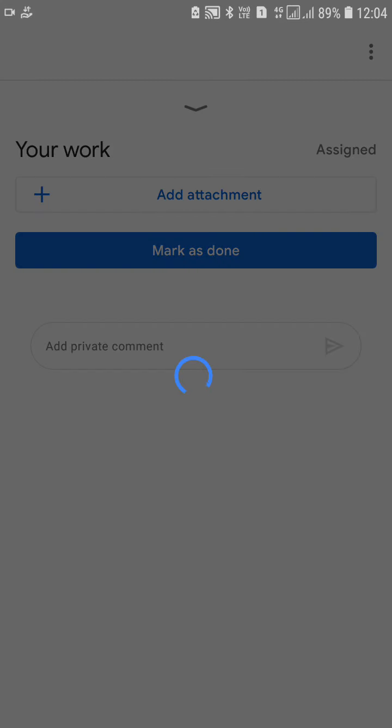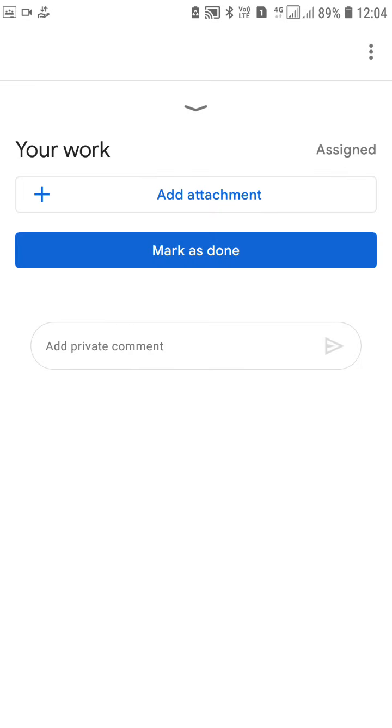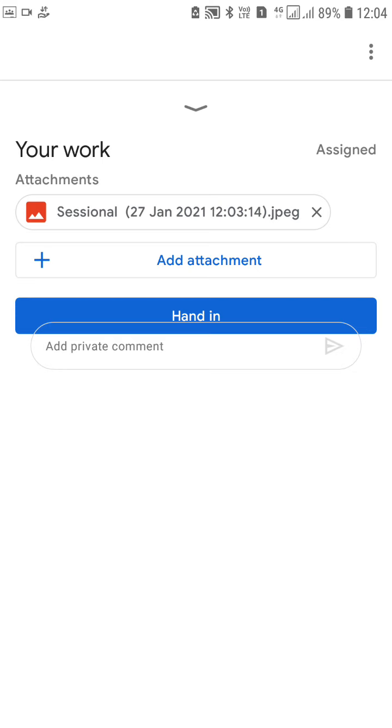If you have written 2 or 3 pages, then you have to take 3-4 photographs. That's all. See on my screen, after some time you will see that the first photograph has been added. Similarly, you can add the second photograph, the third photograph.